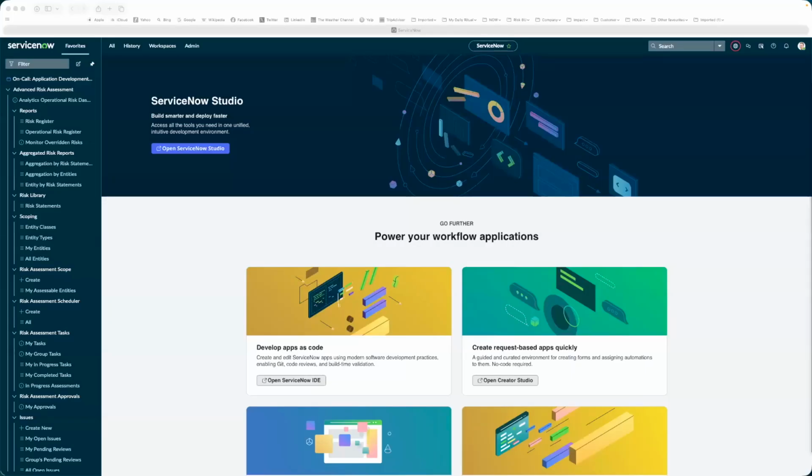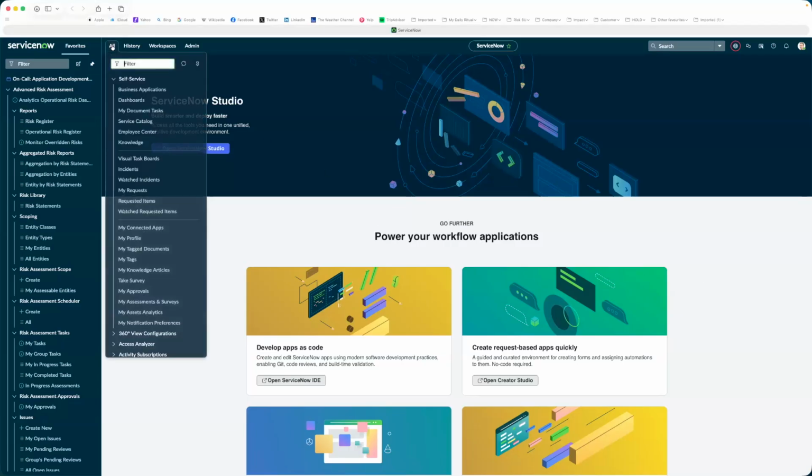All right. The role required for what we are about to review is risk administrator. We are going to begin with reviewing the hierarchies. So the first thing that we're going to be reviewing is the entity hierarchy. So let's navigate to GRC Workbench